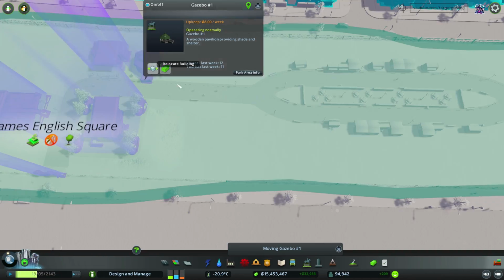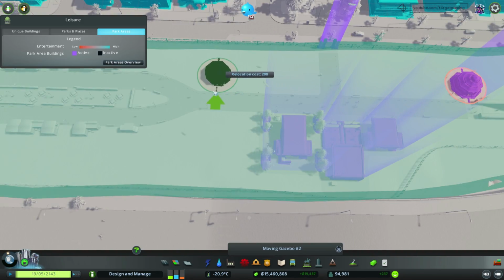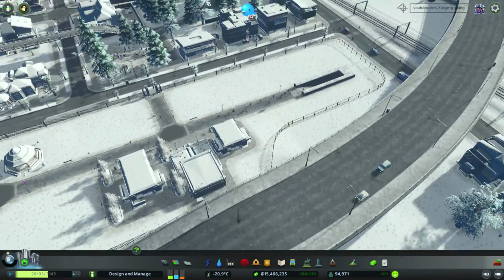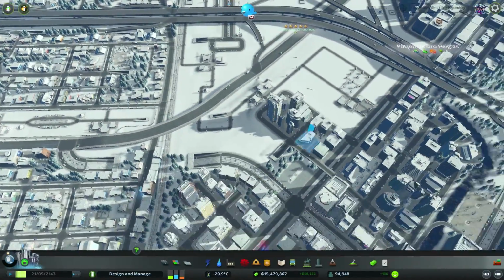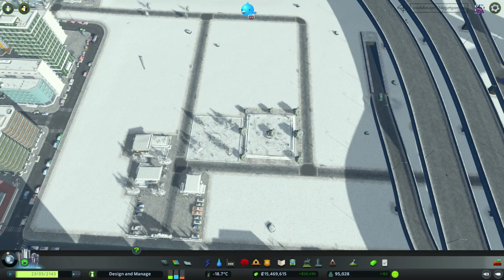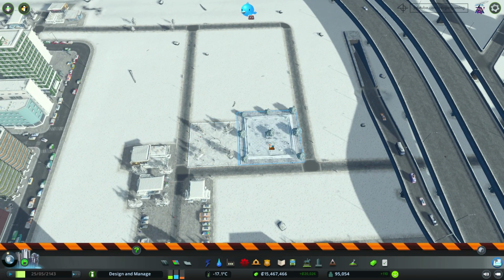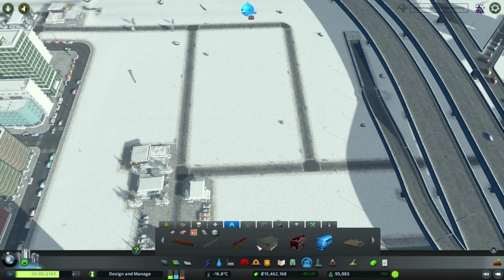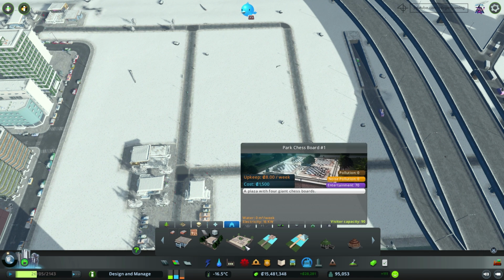I also want to grab this gazebo, and I want to put it here. And I want to grab this gazebo and put it here. Okay, now this area is much more pleasing. Now let's do the same thing and decorate the other areas of the park, which are going to be here. And I need to find out what kind of buildings I want to put here. You know, I think I want to turn this area into something very specific. Let's take out these chess boards or these chess parks, because I want to convert these into a specific area to play chess, which is going to be